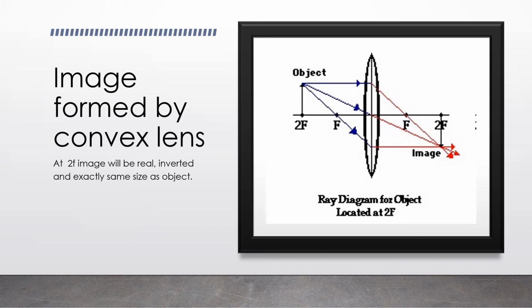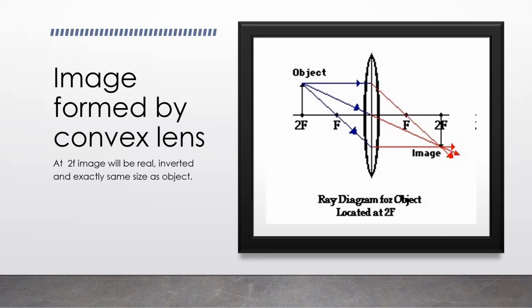From the ray diagram, you will see that if we place our object at 2f, the image will form real and inverted, but it will be the exact same size as the object. This is a basic point or main point: if I place my object at 2f, the image on the right hand side will be exactly the same size as the object. So if you want to see anything at its original size, just place it at the 2f point.